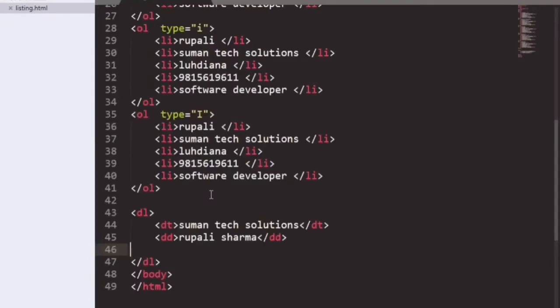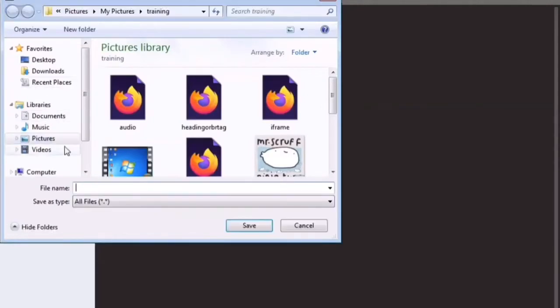So now we will open our Sublime Text. After that, create a new file, save the file in Sublime Text with the extension .html.